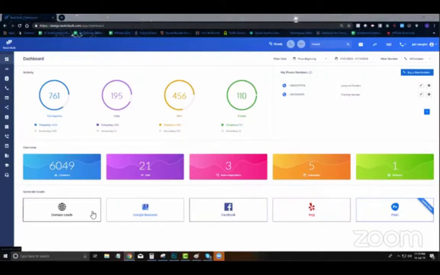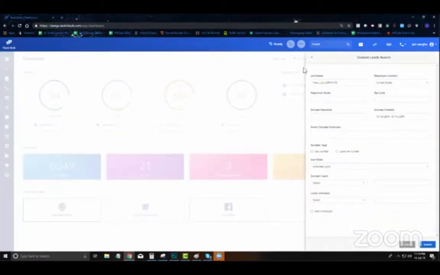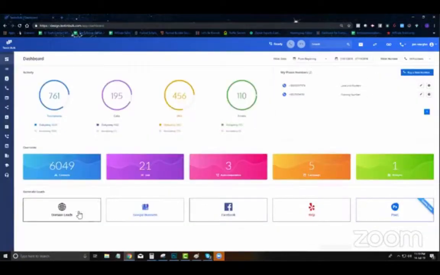So then we also have inbuilt lead generation right inside the platform. I did demo how you can connect with your Facebook ads, or with your landing pages, and instantly connect with those leads within 30 to 90 seconds of them opting in. But if you don't have any leads yet, and you're not collecting leads, or you don't have any ads or funnels out there collecting leads, you can generate leads right in our platform, either through people who have recently registered a domain with our domain lead search,